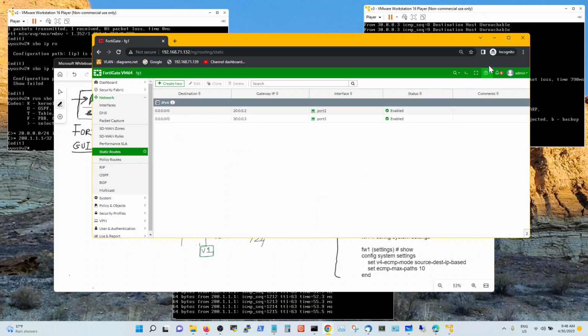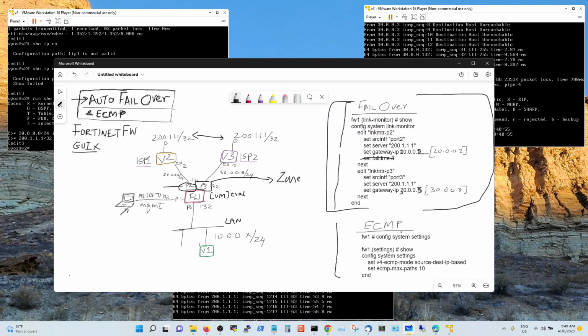Now you can go ahead and also configure the ECMP according to their website, that you put the set ECMP mode to source destination IP based or whatever other options there are, and we can demonstrate that